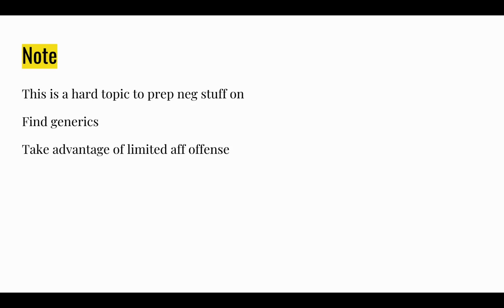Important to note, I will be honest, this is a hard topic to approach when prepping the negative from a utilitarian standpoint. This stems from a few things. First, the topic wording is very vague. The scope of what Affs would be covered under it is not only ambiguous, but it's also potentially large and unpredictable. There's a pretty wide range of policies that theoretically could place a candidate's right to privacy behind